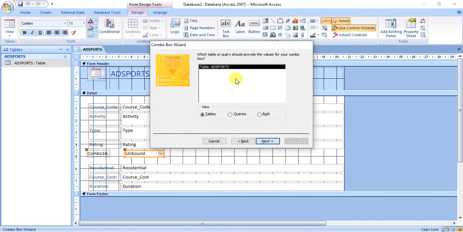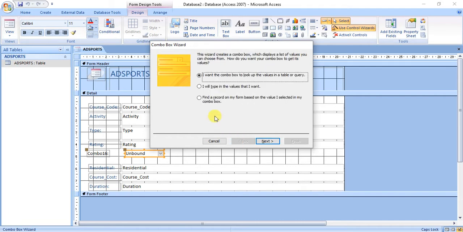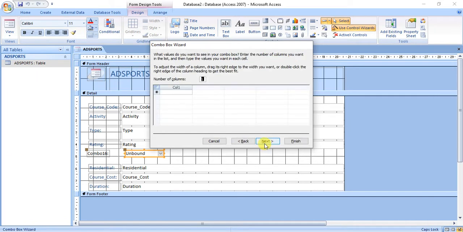Then you can pick it from the list as table or query. But now we will type the values because we don't have any other reference, right? So now here I will write carefully